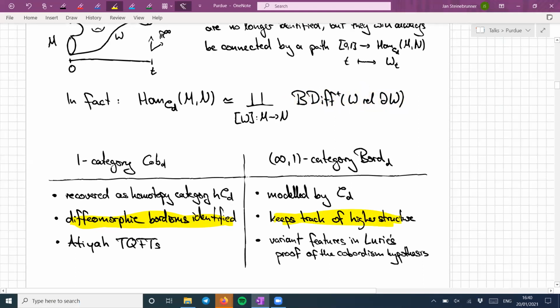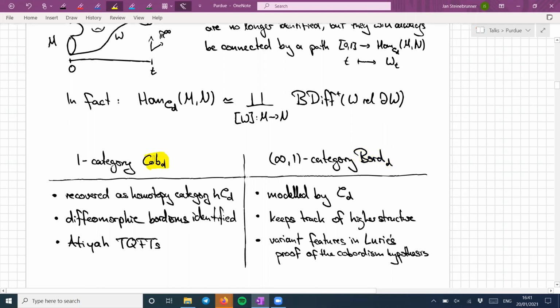And then maybe something I'm actually not really going to talk about is that both of these things turn up when you think about topological field theories. And Cob_d is the thing that's been around for a long time, and it's good enough to formulate what TQFTs are in the sense of Atiyah. But maybe Bord_d, I guess even a fully extended version of that, is what turns up in Lurie's proof sketch of the bordism hypothesis. It's like the free symmetric monoidal category on a dualizable object if everything was framed and so on. So this has some nice properties from this infinity-categorical perspective,